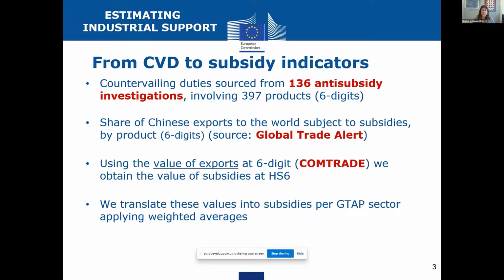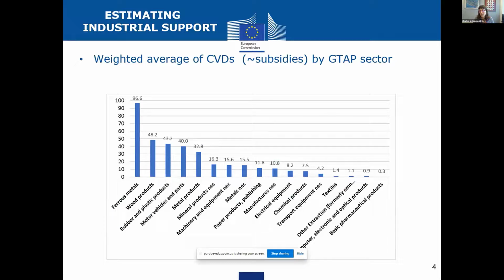And then we translated these subsidies into GTAP sectors, into percentage of exports, using a simple weighted average. And what we obtained, we did an average of the countries we have and the sectors. And what we could see is that these subsidies, or countervailing duties in this case, by GTAP sectors,